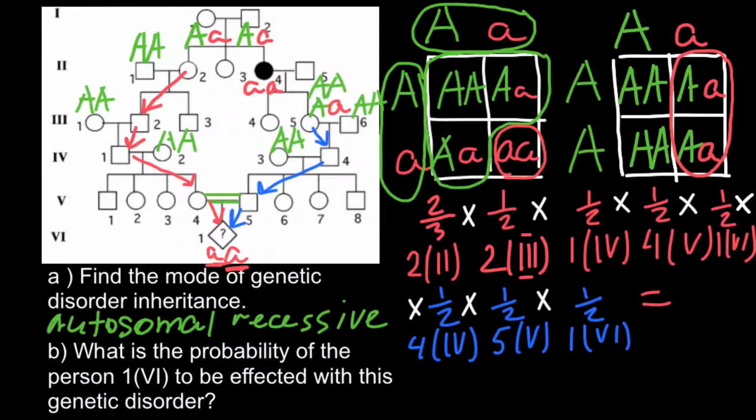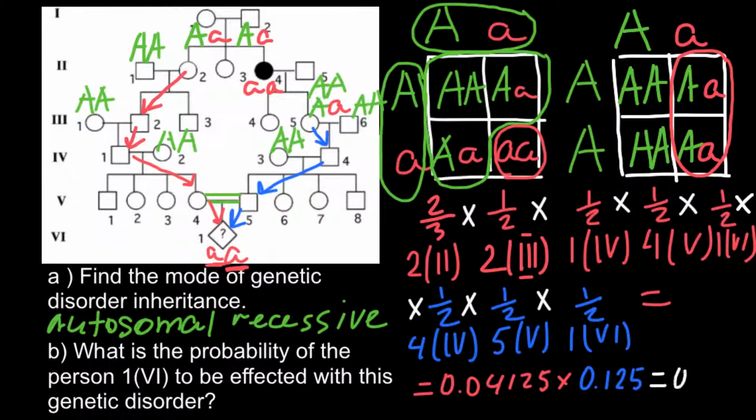So the probability to inherit a recessive allele from the mother's side would be 0.04125, and we have to multiply by the probability to inherit another recessive allele from the father's side, and the probability is 0.125. As you see, the probability that this child would inherit a recessive allele from the mother's side would be about 4%, and from the father's side about 12.5%. And the last step would be to find the probability that person number 1 in the sixth generation is homozygous recessive, so to have two recessive alleles inherited both from the mother's side and from the father's side,